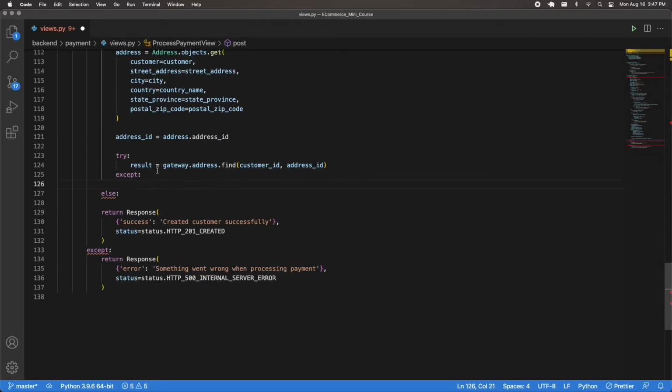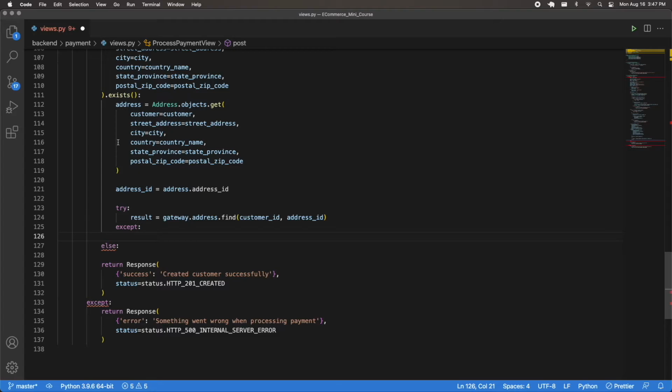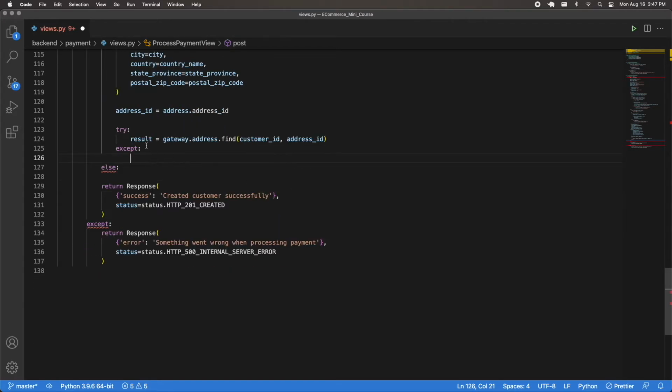And then in the except part, if this does not succeed, then what we're going to do is we're going to create this address. And then after we create the address in Braintree, we're going to make sure to update our address ID of the address stored in our database to the correct value that we just created. So that's if this right here fails. So maybe this will fail if someone for some reason deletes this address inside of the Braintree vault. So now I'm going to do